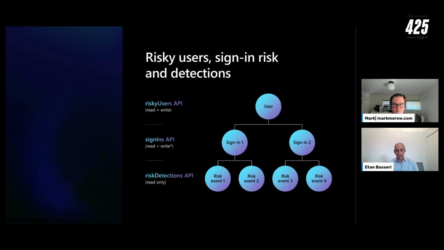So individual detections could be, we detect Tor, and we call that anonymous browsing. We group together Tor sessions and VPN. It could be lots of things, but that's one type of detection. Another type of detection is token theft. Leaked credentials is another one. Password spray, we have it. I think we have a link we can send you that will give you all the different kinds of detections